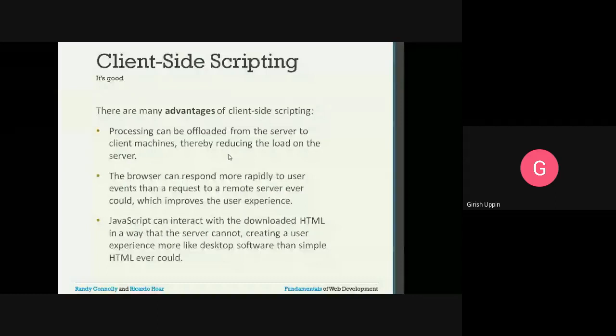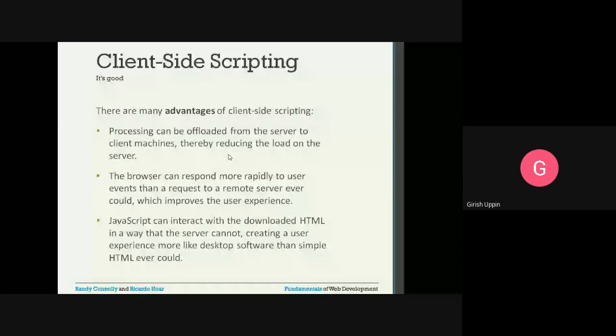Okay, so let us say you want to do validation. A certain field is a number or not. You want certain data to be a number. There are two ways of doing it. One is that on the submit button, you send this data to the server, and on the server side, you can have server-side scripts running which will validate whether this particular data is a number or not. If it is not a number, then again you will send a response to the browser saying that the data entered should be a number.